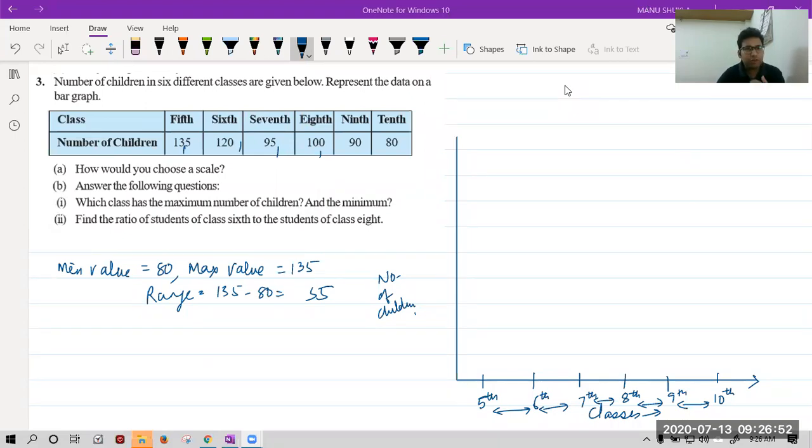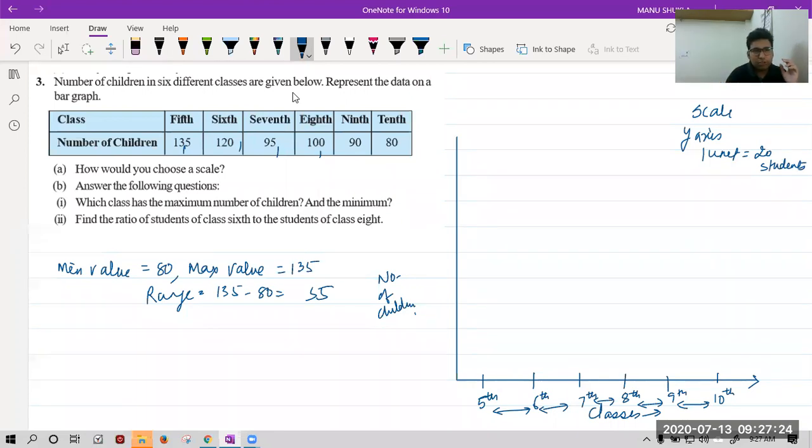Scale is 25. Okay, you can take any scale. I am doing the question with two scales. One with normal 20 scale, and second I will do with scale of 10. Okay, but I am telling you, don't worry. So first I am doing without king. Okay, normal case. Let the scale on y-axis be: I am defining 1 unit equal to 20 students.